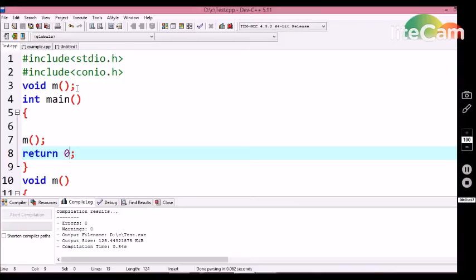To declare a function, the syntax is the return type and the function name followed by parentheses and a semicolon. This should be declared before the main function. So then,